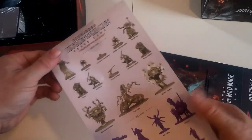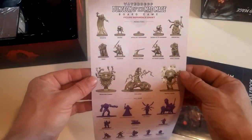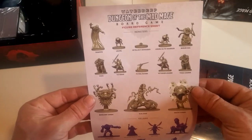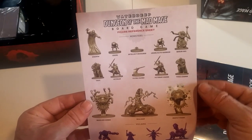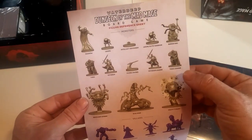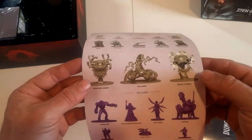So, first and foremost, our baggie of book. Is it books or book? I can't tell. And here we have the figure sheet. So you can see there, nasty glare, but Shadow, a Grung, Intellect Devourer, Grung Elite Warrior, Beholder Hag, Thug Leader, Veteran Leader, Flying Sword, Veteran, Thug, Beholder Zombie,